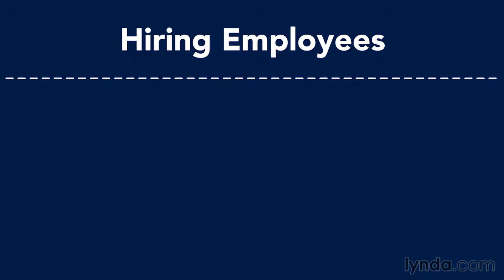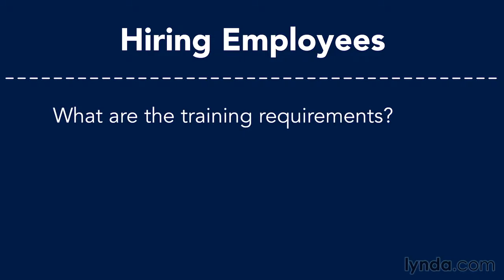You have to think through what are the ramp-up times and the training requirements for somebody. Just because you say you need someone doesn't mean they're going to be effective in the role on the day you hire them. You need to work backward and say, it's going to take us 3 to 6 months to find this person, and after we have them, it's going to take 2 months to train them. This all needs to be part of your people plan.